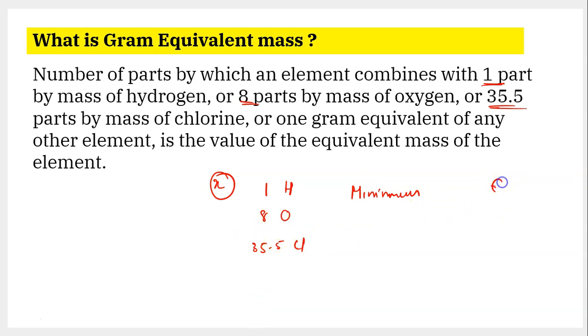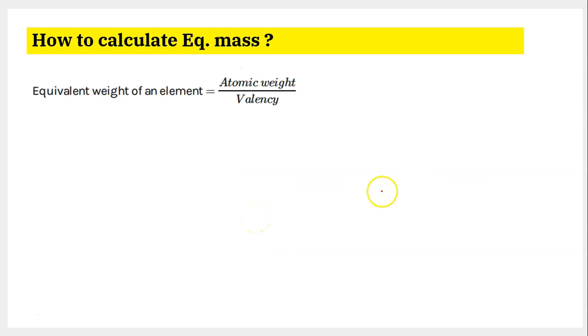To calculate gram molecular mass, we used to just sum up the atomic masses. And now how do we calculate gram equivalent mass? Gram equivalent mass can be calculated by using a formula. But the formula depends upon the type of molecule that we are talking about and the nature of equivalent mass we are calculating. Say for example, you are calculating gram equivalent mass of a particular element. The formula that you use is over here. Gram equivalent mass of an element is equal to its atomic mass divided by valency.